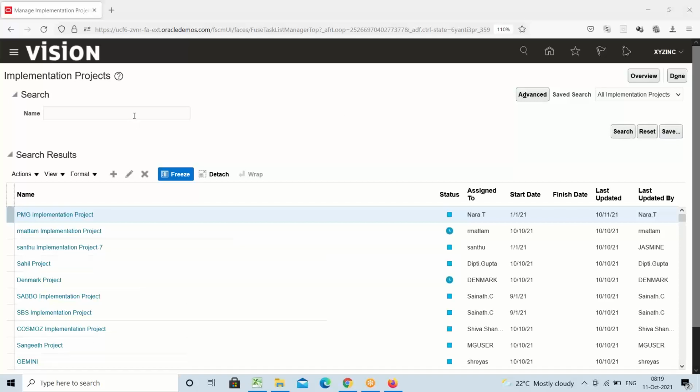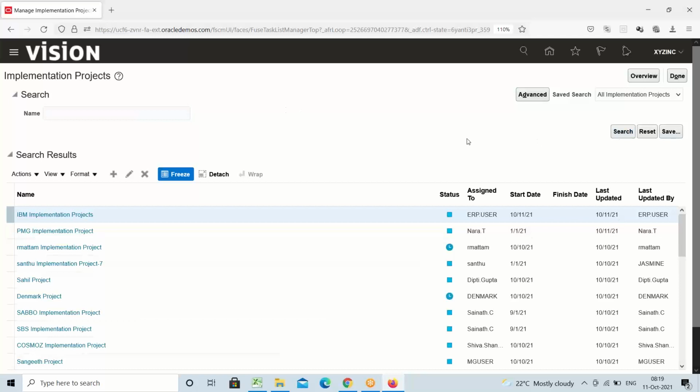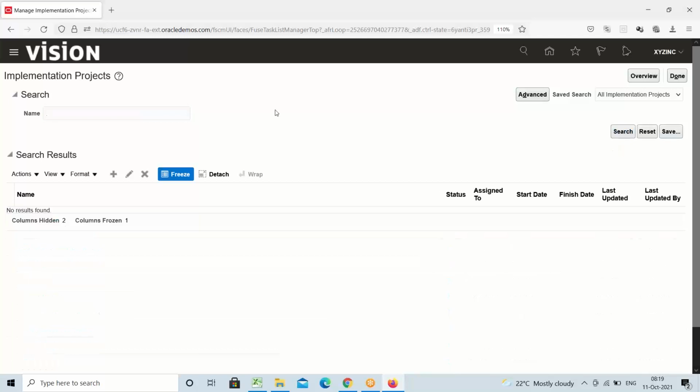In reality, when you work for any client in a fresh instance, you will see this page like this. You will find a blank page. Here we have many implementation projects. Now we don't have any, I just gave a space and searched. This is a blank page you will find. Whatever you create will be the very first project. Let's see how to create the